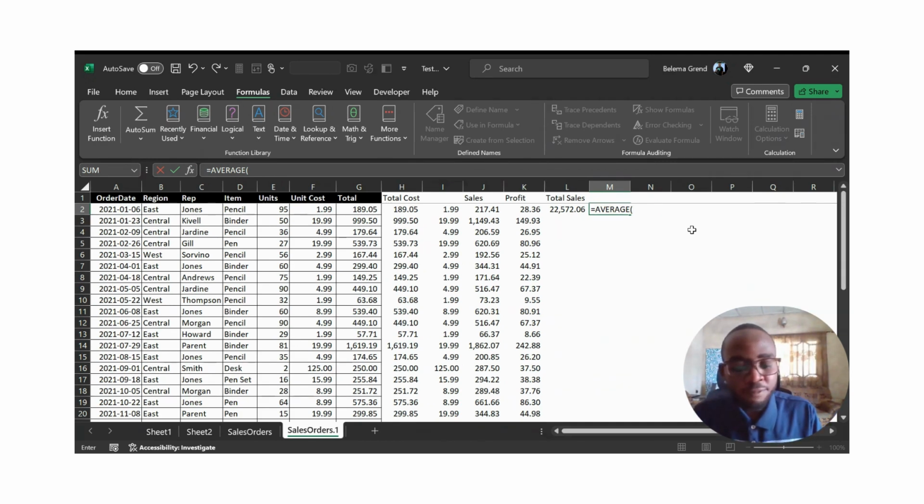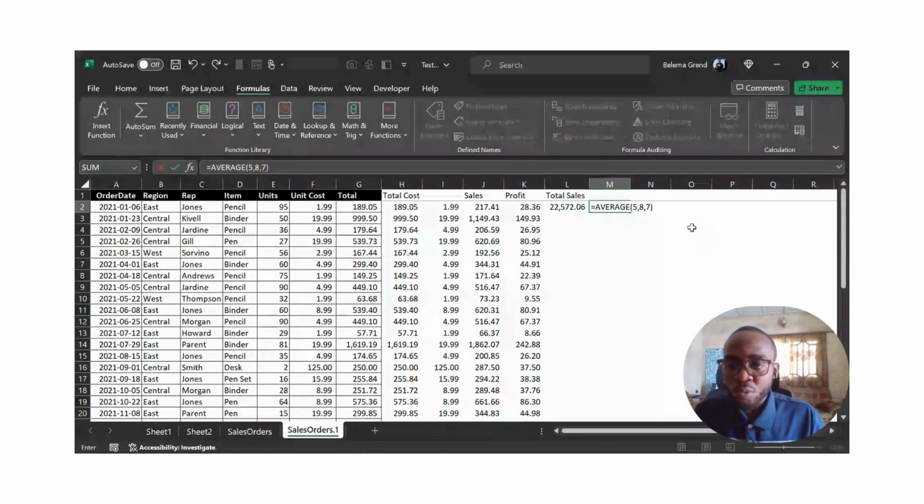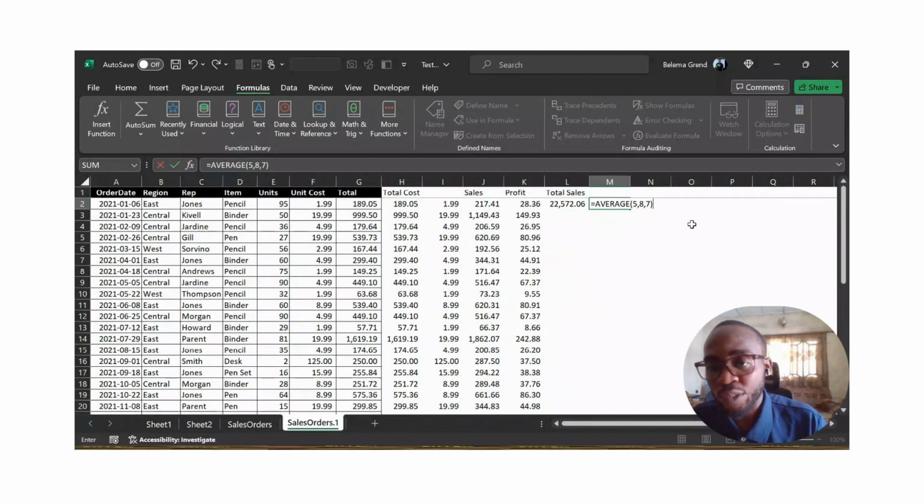If we were to say 5, 8, 7, and we close this and hit enter. Now, from how we know basic arithmetic average to be, it's going to sum all of this and then divide by the count, right? So that's going to be 5 plus 8, that's 13, 13 plus 7, 20, and then it's 20 divided by 3. So we're expecting